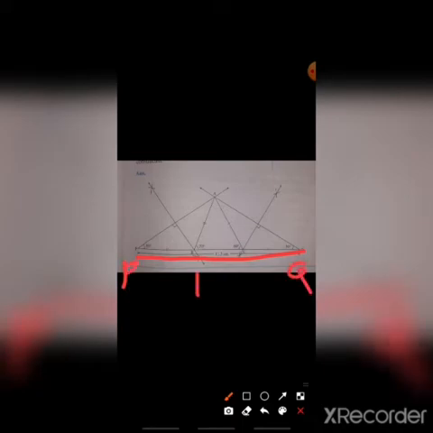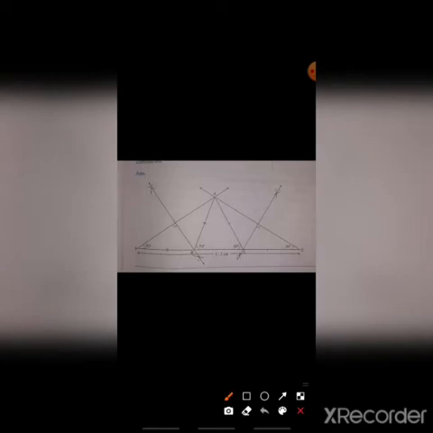Now first we see here the step by step construction. First, draw segment PQ of length 11.3. First we have to draw segment PQ, that is 11.3. Then draw a ray making an angle of 35 at point P. We have to draw a ray making an angle of 35 from P.